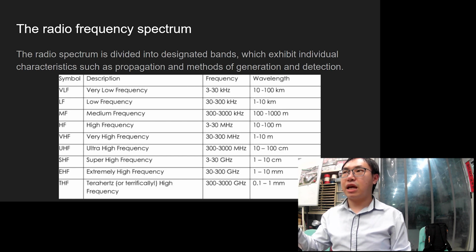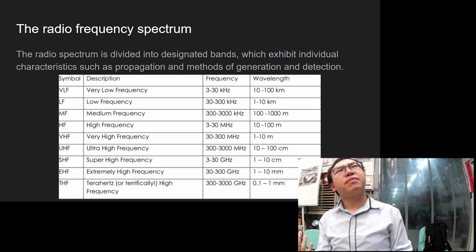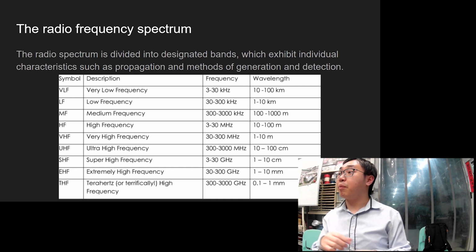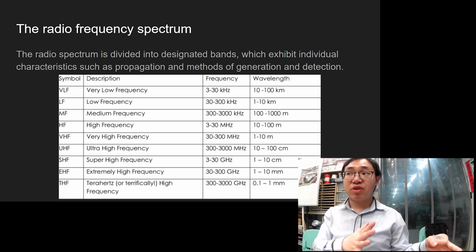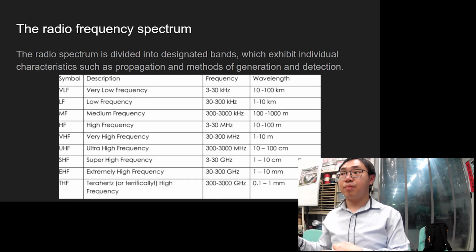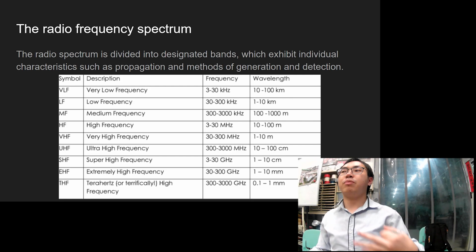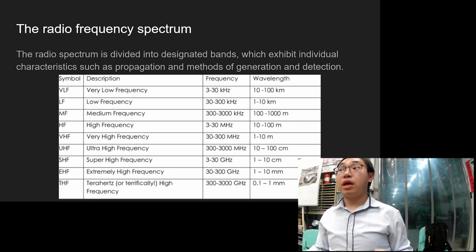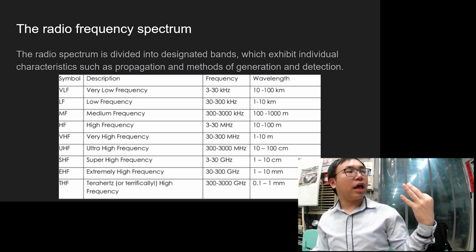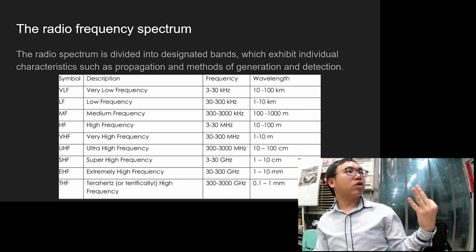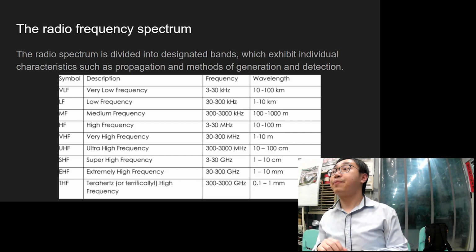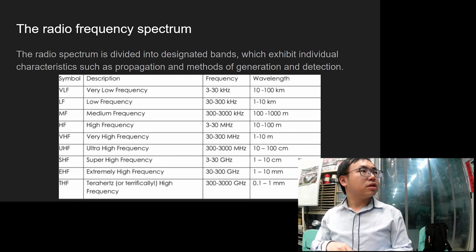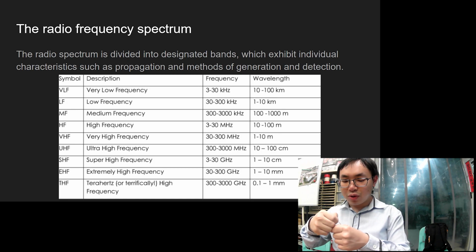It is a bit like a general rule when you communicate with another ham. They will sometimes use frequency or sometimes use wavelength. Like in HF, sometimes they will just call, hey, I'm playing with 40 meter wave, okay, 40 meter wave. So in that sense, you have to do the conversion by hand, okay. 40 meter band, I'm not sure how long it is, but you can do the calculation. So you see that I'm